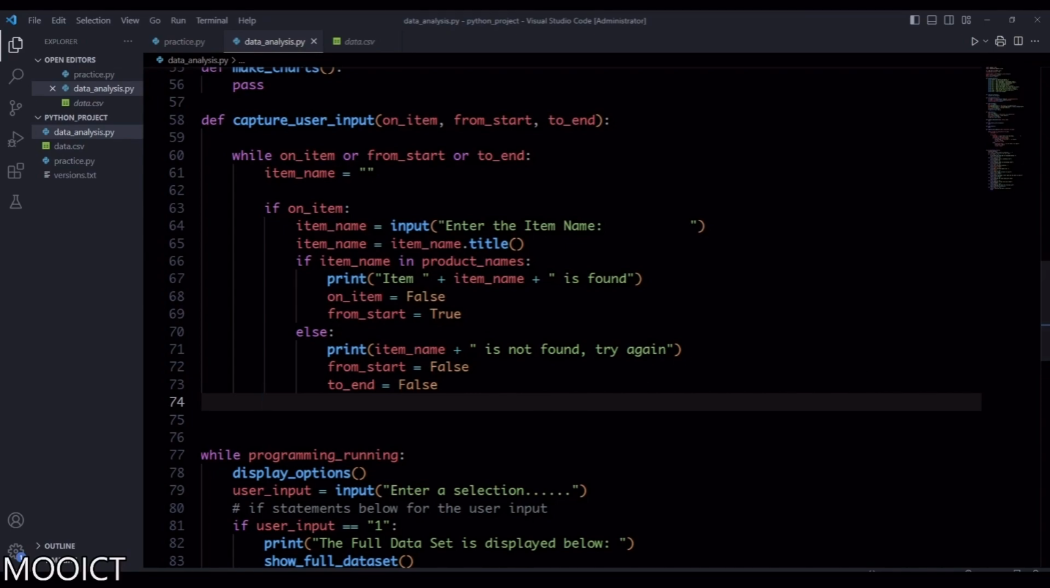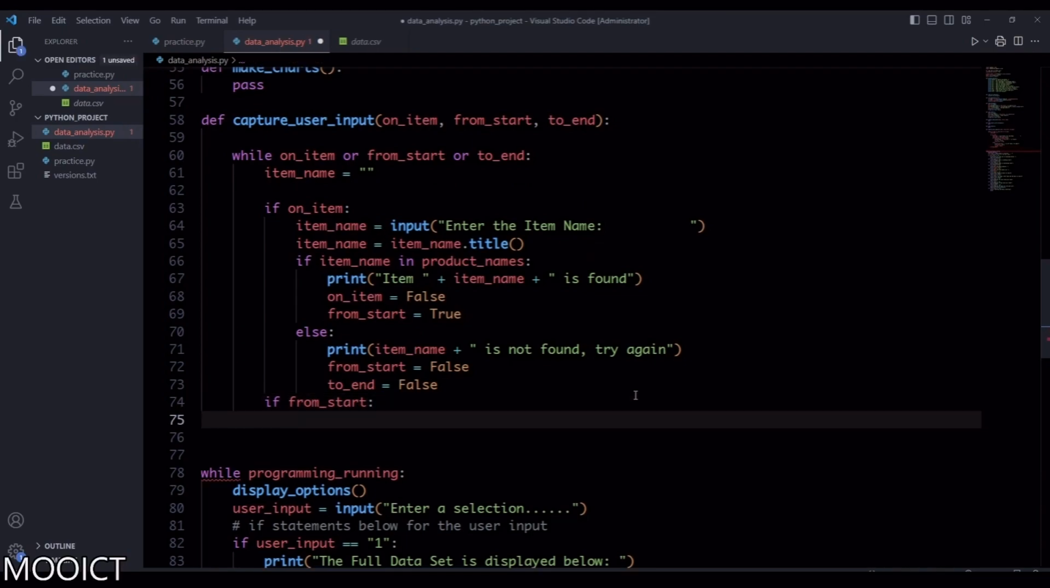Now next bit is going to be from start. So in this bit we can say if from start. Okay, so if from start is true, which is going to be once the item name is there, then we basically say start date